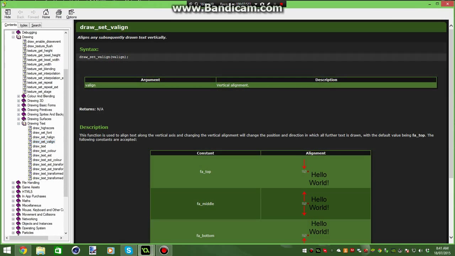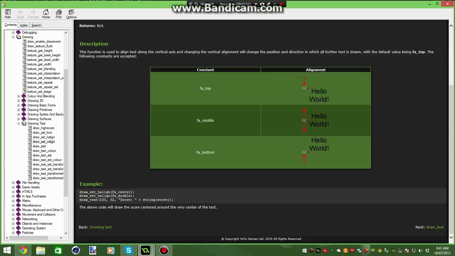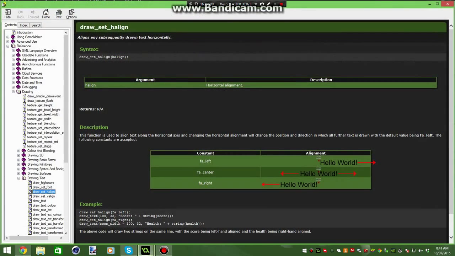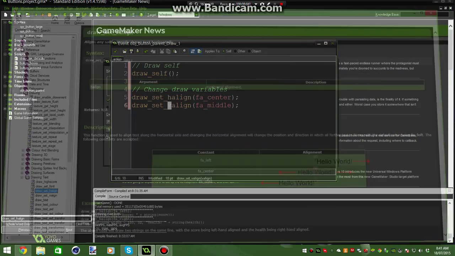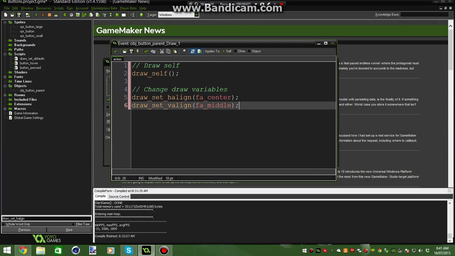So this is just horizontal align and vertical align. Vertical align tells us where we want it to draw. That's the anchor point of where the text is going to be. Same with h align, it just anchors the points. So our point is going to be directly in the center. We're going to do draw text x, y,